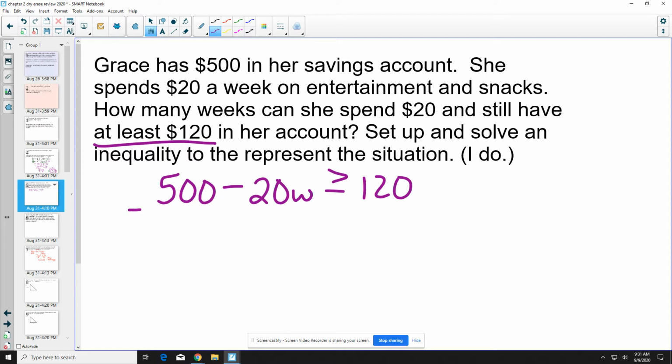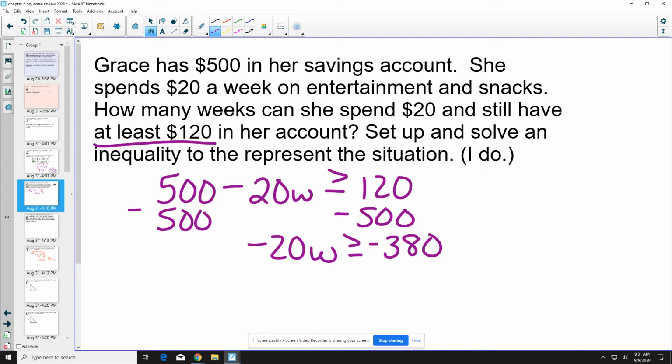Okay, so when I solve this inequality, what I'm going to do is subtract 500. I'll have a negative 20W is greater than or equal to negative 380. So then I'm going to divide by a negative 20. So I remember when I divide by a negative, I have to flip the sign. So my sign is going to become this less than or equal to, and then negative 380 divided by negative